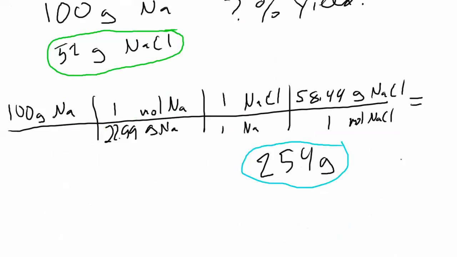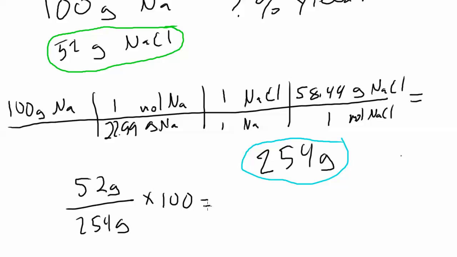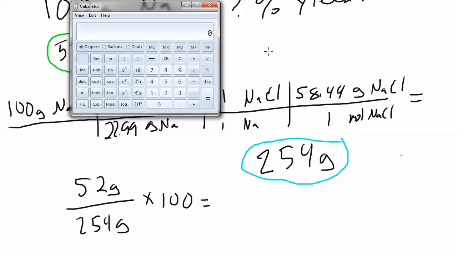Our actual yield is 52 grams. Our theoretical yield is 254 grams. We're going to divide those and then multiply by 100, which we can probably do in our head. So 52 divided by 254 equals